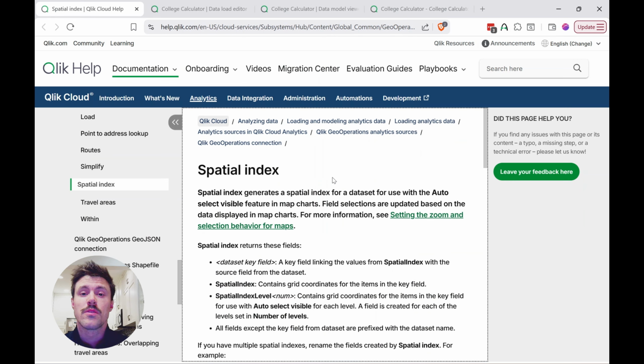Okay, today we're going to be looking at a new feature in Qlik Cloud called a Spatial Index. It's not a feature that is specific to Qlik Cloud. It's in a lot of other geo products like PostGIS and Oracle and other things. But basically, this is a feature that greatly enhances your ability to utilize maps in an efficient manner, especially when